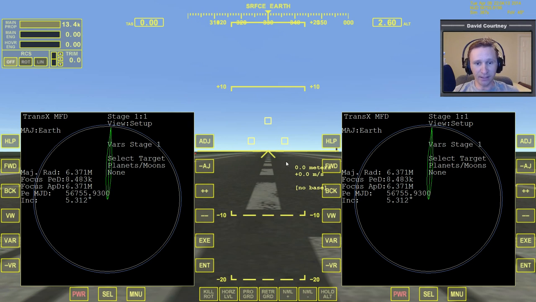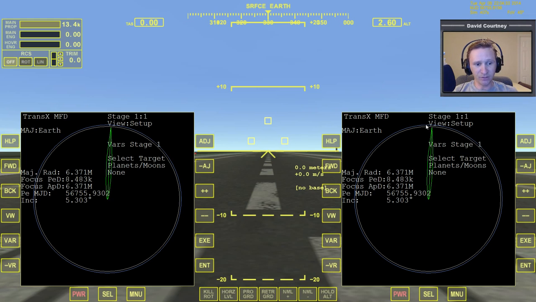Now, again, we're going to move through things without a ton of hand-holding here because I spent a lot of time on those last Earth to Moon and Moon to Earth videos. So let's just go through this. Stage 1, you should be familiar with what TransX looks like when we're sitting here on the ground on a given body. And just briefly,